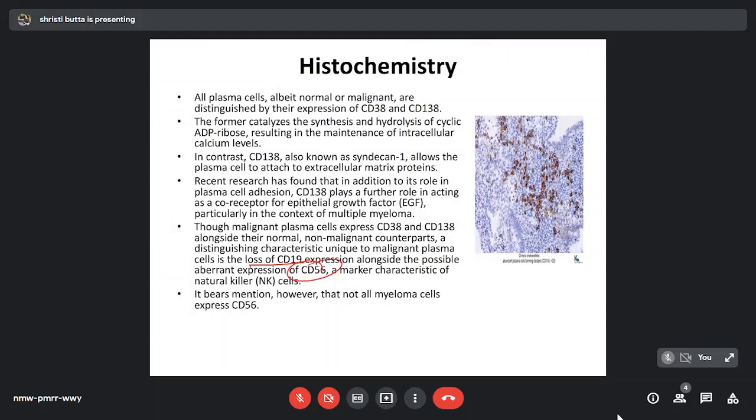An additional noteworthy marker of plasma cells is CD79A. The protein plays a critical role in B lymphocyte antigen signal transduction and overall B lymphocyte development and stabilization. Though CD79A is present in the cytoplasm of both the precursor B lymphocytes and mature lymphocytes, differentiated plasma cells, its apparent loss of expression has been noted in certain samples of plasma cell neoplasm. So its loss of expression is also one of the keys to the diagnosis of a plasma cell dyscrasia.